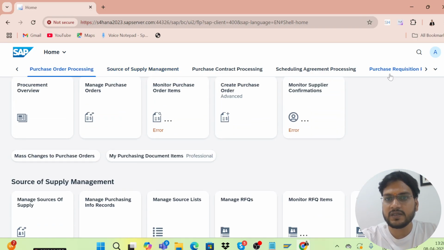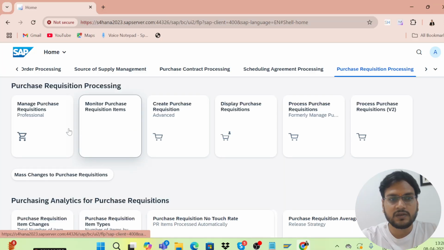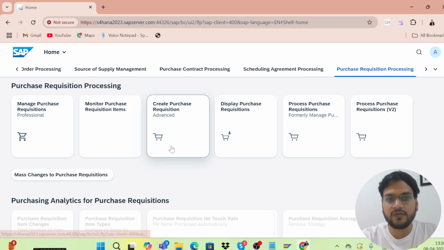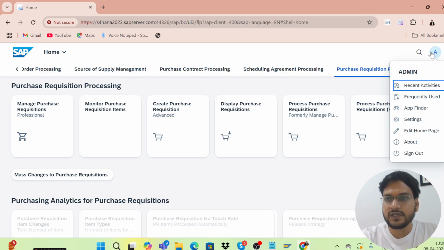If you want to do a purchase requisition, from here you can manage a purchase requisition, and from here you can create a purchase requisition. We can do all that from here, right? And you can see your profile from here, and whatever changes you want to make, you can make from here itself.